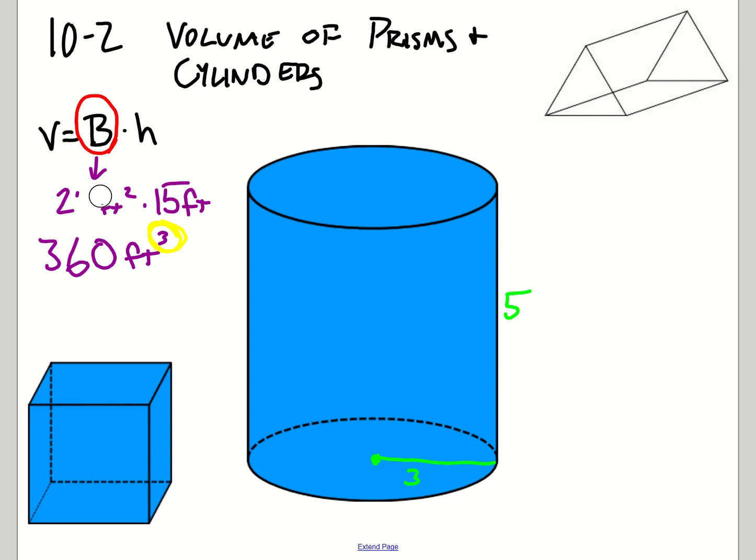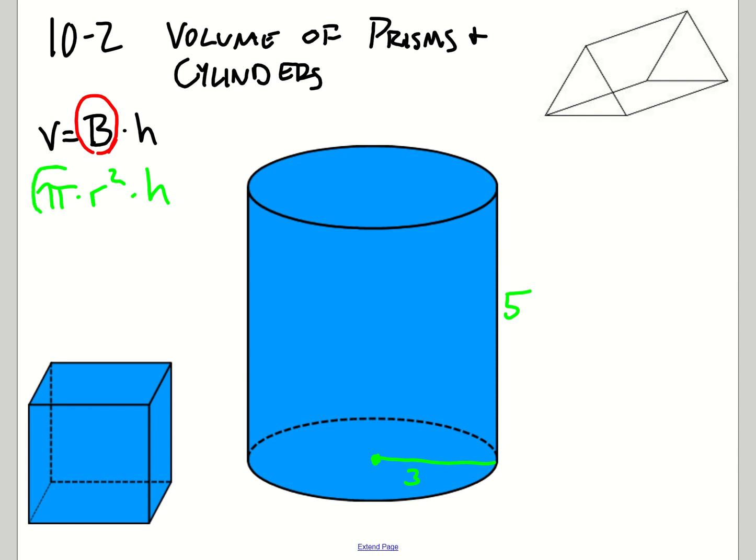Well, I would want to solve for my radius, or my area of my base, and my height. Remember, the area of a circle is pi times radius squared. I'm going to take that and times it by the height. So this right here is my volume of a cylinder because it's my base